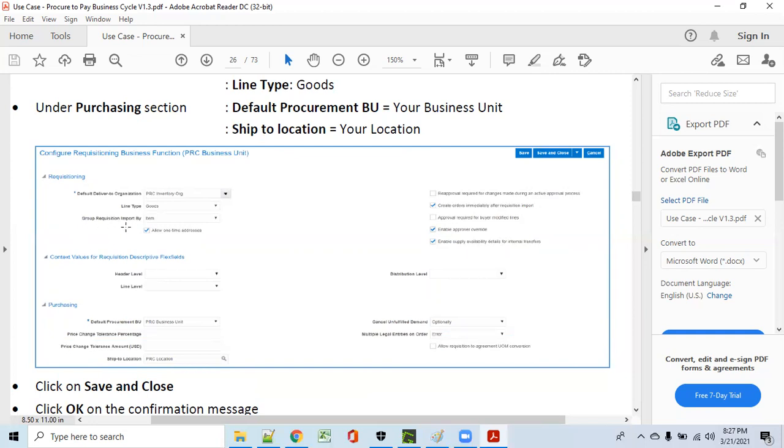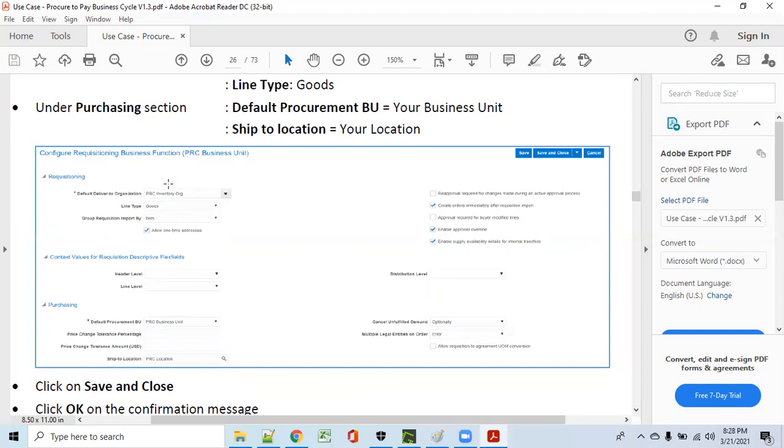Group requisition import. Sometimes we are importing the requisitions from a third party system through FBDI. So while loading those particular requisitions into your Oracle Cloud tool, if you want to group those items, group requisitions imported by, there are a lot of options.